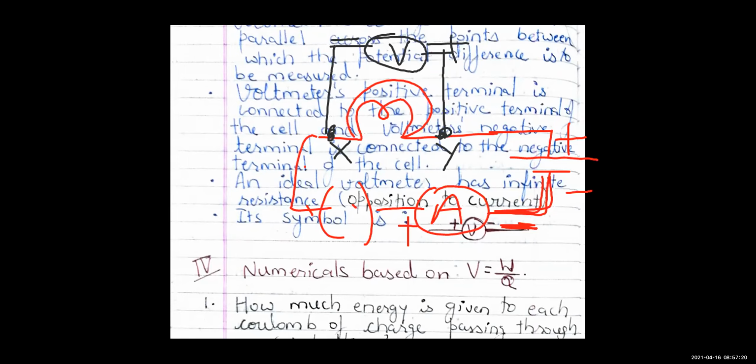So how you're going to write about the connection of voltmeter? First point you will write, voltmeter is always connected parallel, right? It is connected parallel across the points. Second point, its positive terminal is connected to positive of the cell, and the voltmeter's negative terminal is connected to the negative of the cell. Right, children? Now, why is voltmeter connected parallelly? Because